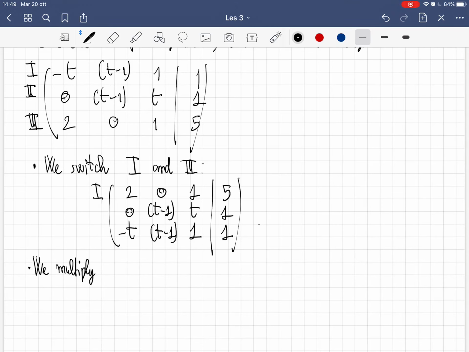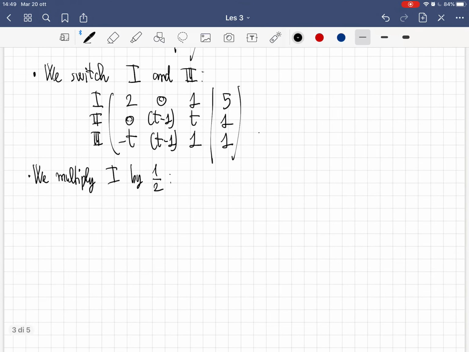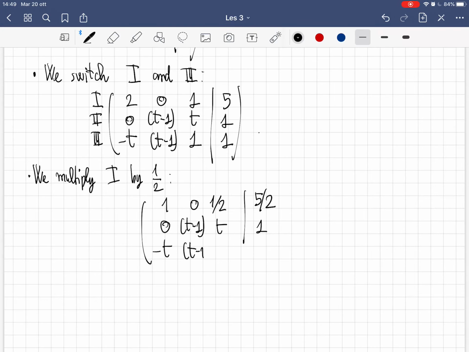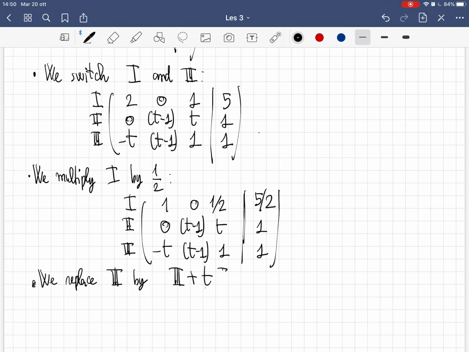Okay, then we multiply again. This is 1, 0, 1, 2, 5. Very good. Again, this is replace the third by what? This was the third plus t times the first, and